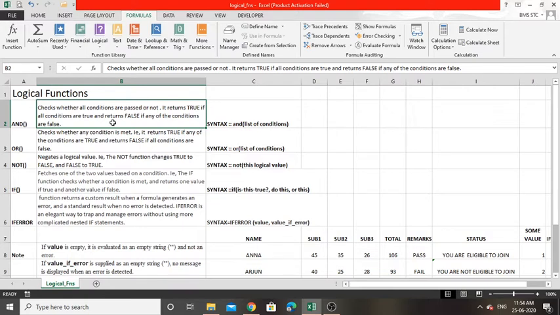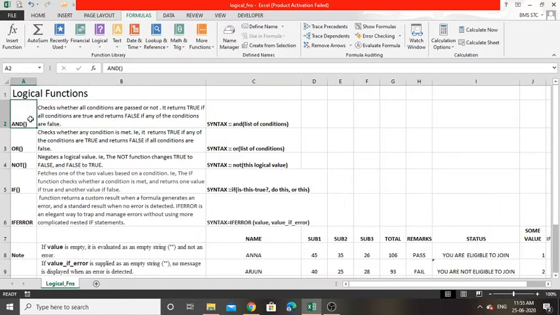For AND or NOT, any of these logical functions will give the output as true or false. That means the outputs of logical functions like AND or NOT are Boolean values, either 0 or 1, or true or false.